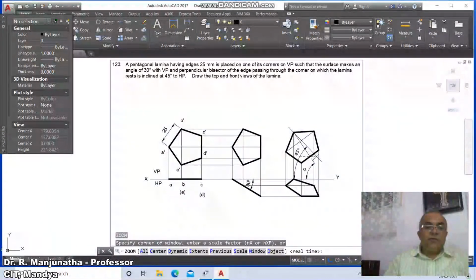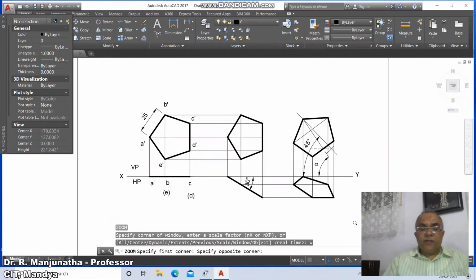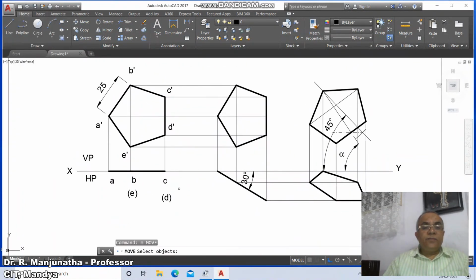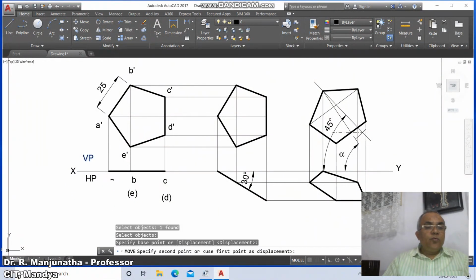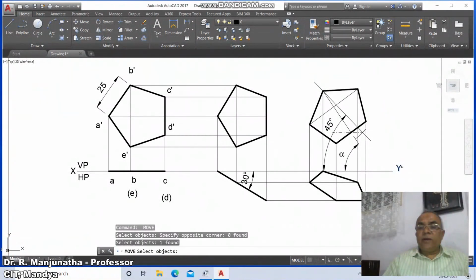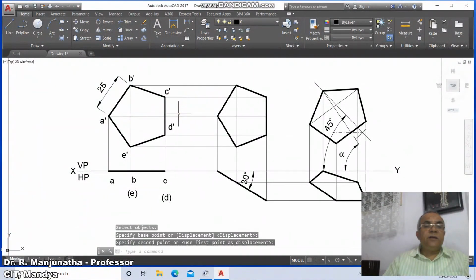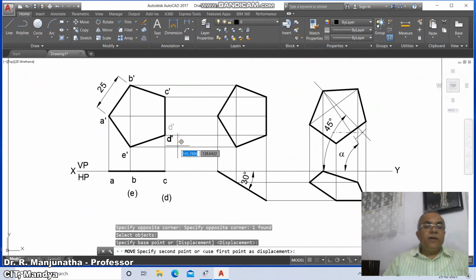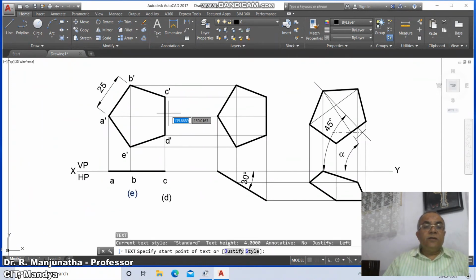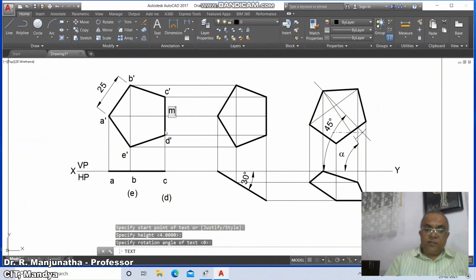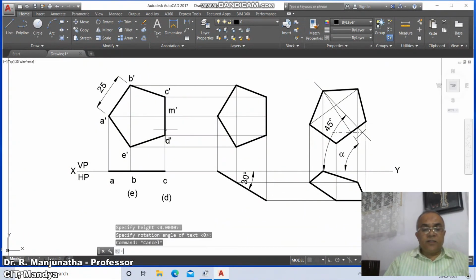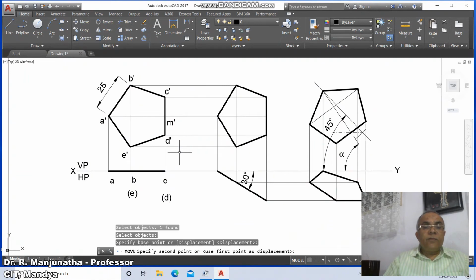Now again zoom window, select this and go to move, close this. So here switch off the ortho mode, go to X, move it appropriately, VP, then HP, then similarly you take Y, then go to A dash, then you come here B dash, and then you come here C dash, and here it is D dash, and here it is M dash. You need to mark this M dash because that is the perpendicular bisector. Go to M dash and here move,